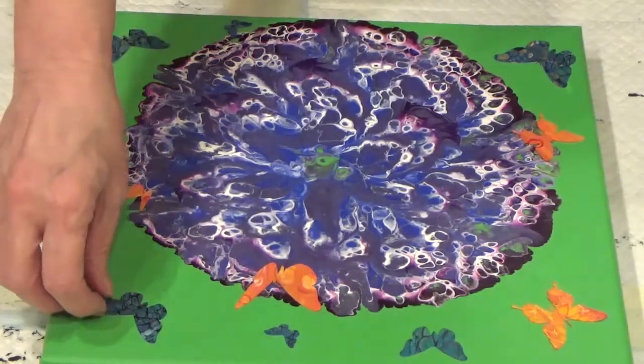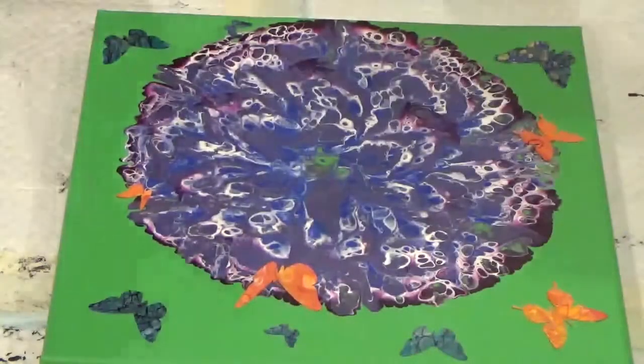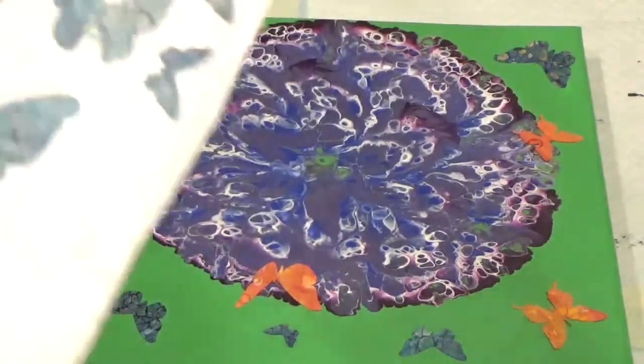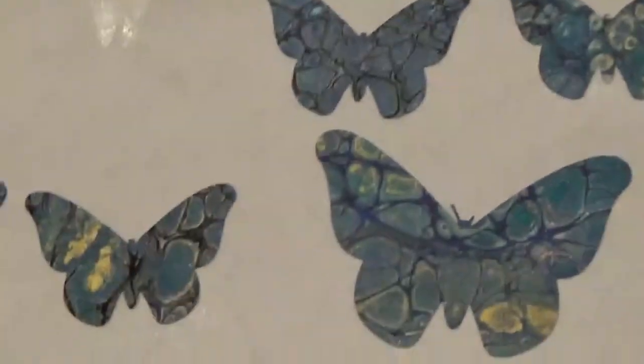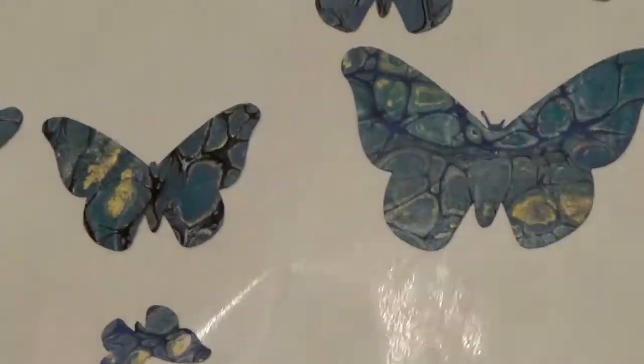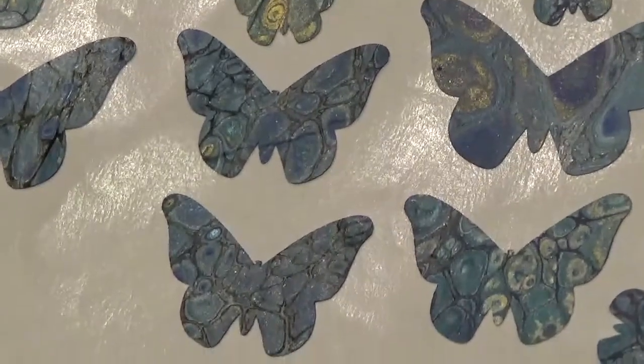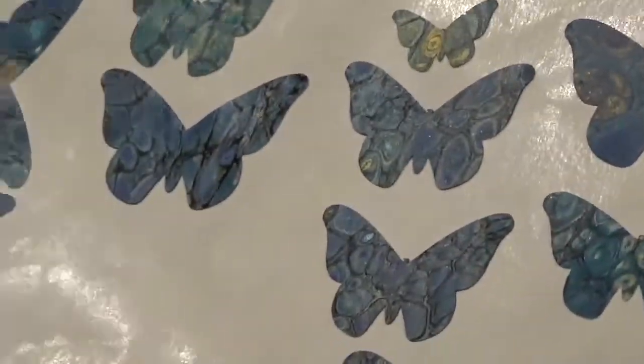And I want to show you this butterfly. Well, I'll show you these to show you what I was talking about. See how those cells just make it look like these butterflies. It just makes them look so much more authentic, and I swiped it with black paint. Anyway,